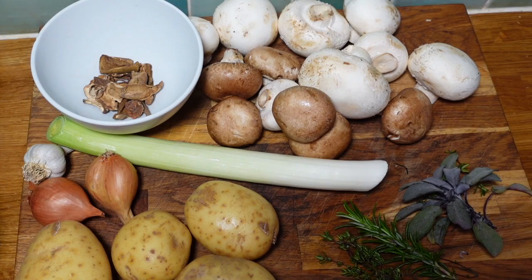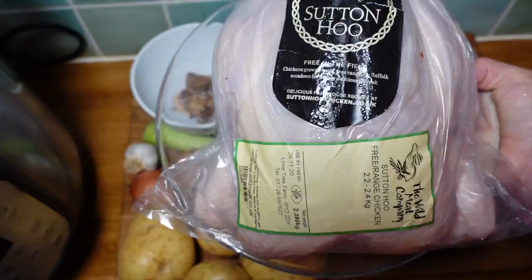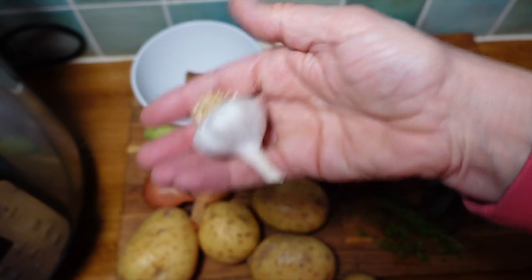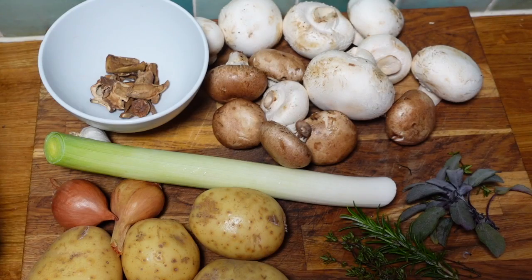So let's see how we do it. So here's the ingredients you need. First, you'll need a chicken, potatoes, some shallots, homegrown, garlic, homegrown, a leek, and then we've got all kinds of